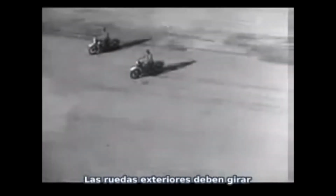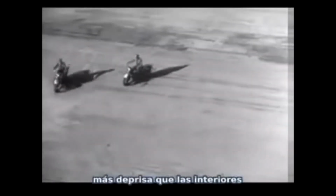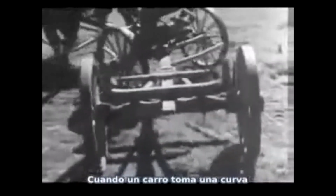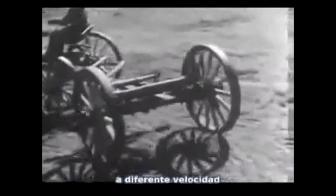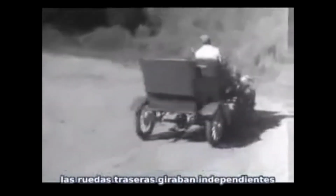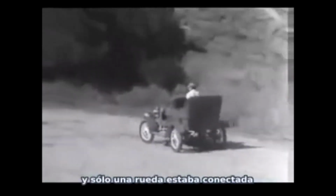The outside wheels must spin faster than the wheels on the inside because they have a greater distance to travel in the same length of time. When a wagon turns a corner, the wheels can travel at different speeds because each one can turn freely on the axles. And in the early automobiles, the rear wheels turned separately and only one wheel was connected to the